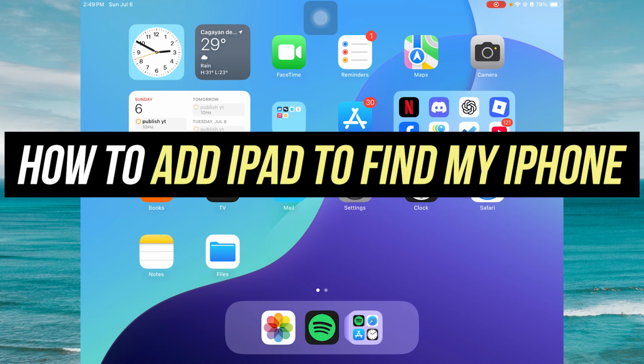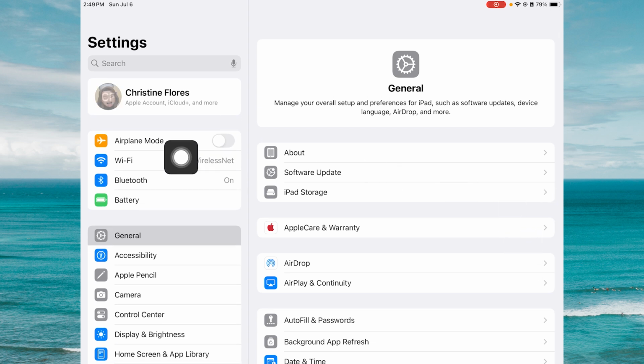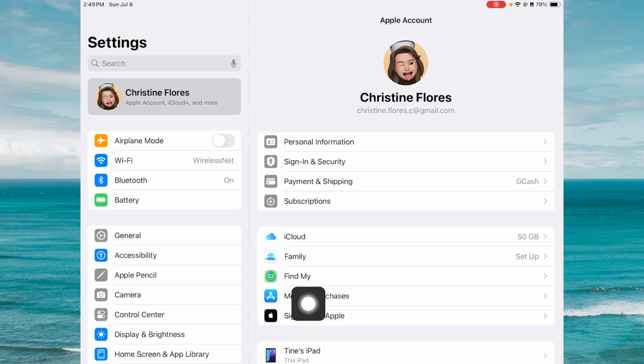Hey guys, today I'm going to show you how to add iPad to Find My iPhone. First, let's go to our settings. In here, click on your Apple ID account name at the top left, and let's go to the Find My